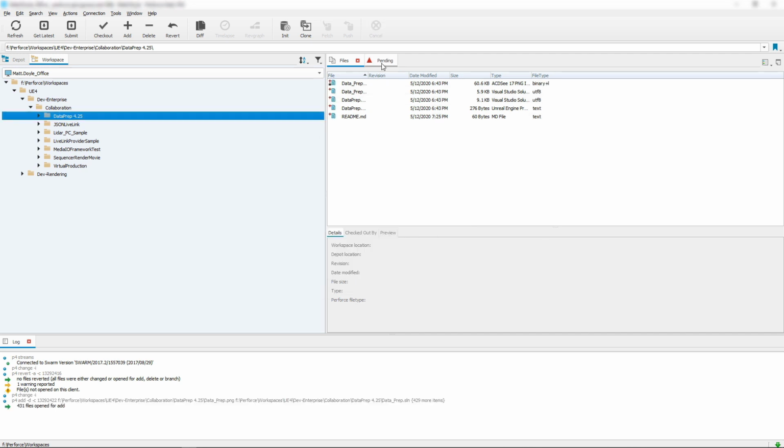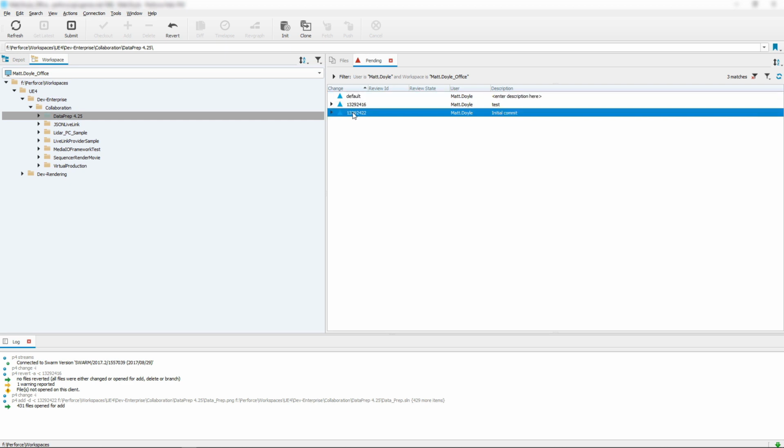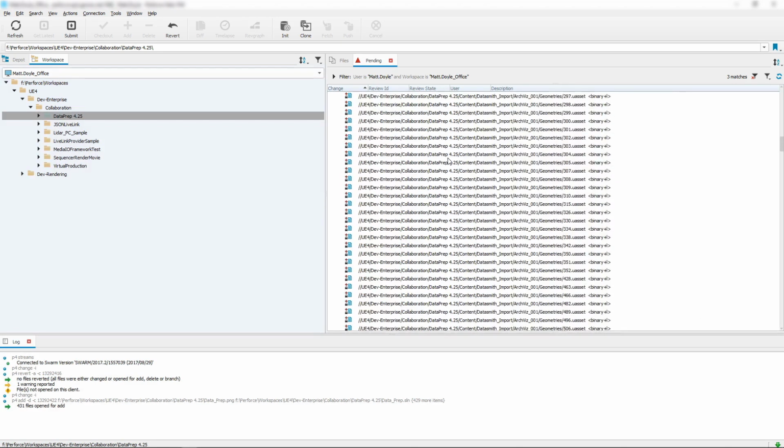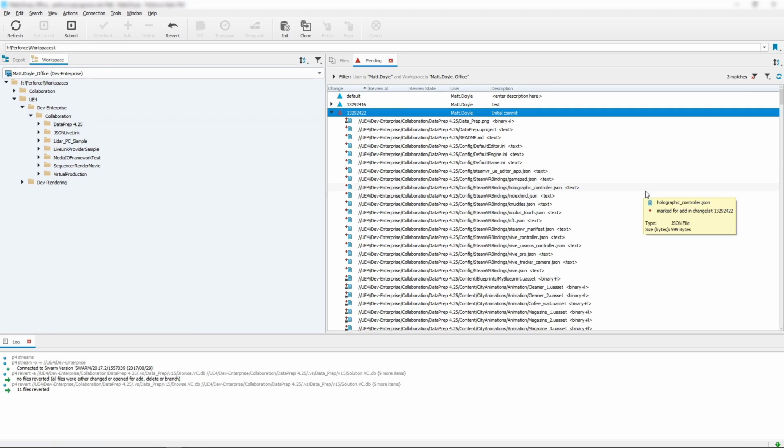So now if we go to the Pending Change List tab, and then we select the change list for the initial commit, if we open that up, we'll see all of the different files for our Unreal project ready to submit to the server. Of course, there are some things that you will not want to check into Source Control,